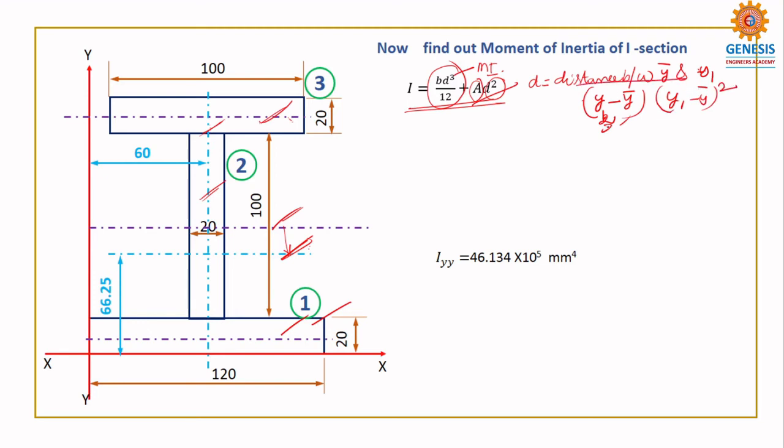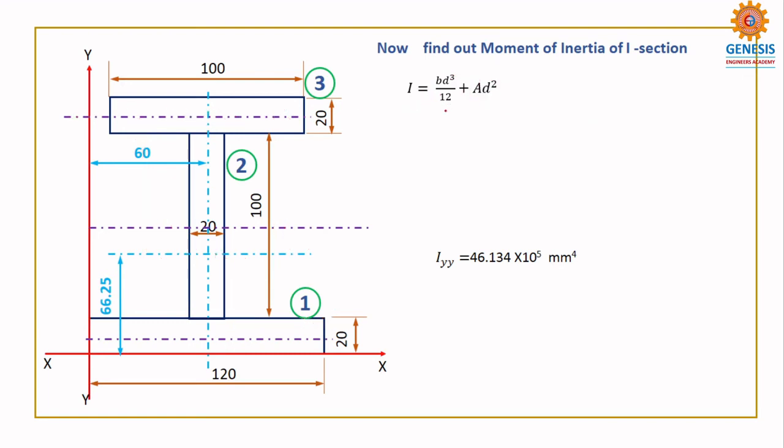Okay, so that we call it the centroidal distance. I will explain. This is the centroid of the whole section, and this is the centroid of the individual section. What is the distance between them? This I can call y1. This is the centroid of the individual section, and this is the whole section. What is this? This is y2. This is the centroid of the whole section, and this is this one. So what is the distance? This is y3. Okay, like that you can. So individually these are all the same.